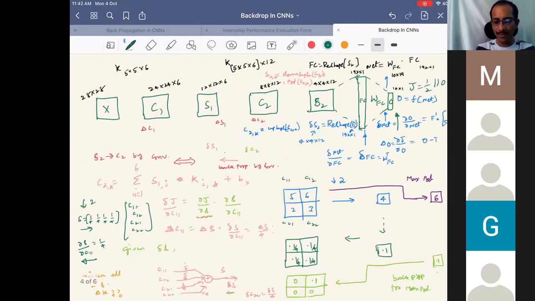First, independently backpropagate errors. I have nowhere considered delta k here in writing these things. Delta k doesn't come directly because I can't write it so easily. The small deltas I can write very easily because they just depend upon the next variable, and so on. If I want to write delta k here, it's a little involved. It's not straightforward because delta k has too many things in it: k, j, everything is here. So even here the W's are a matrix, and updating a matrix is not easy.